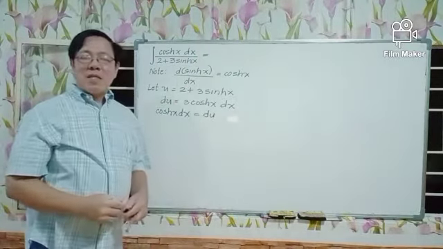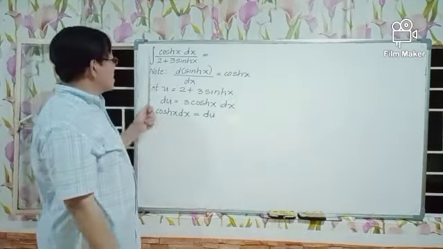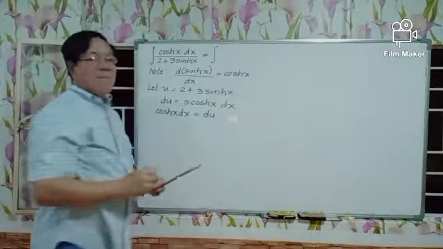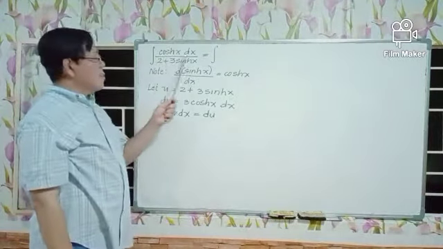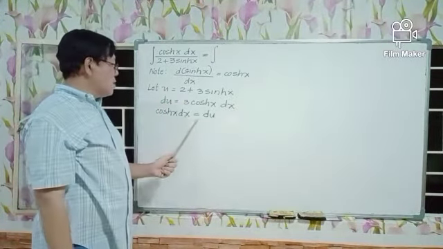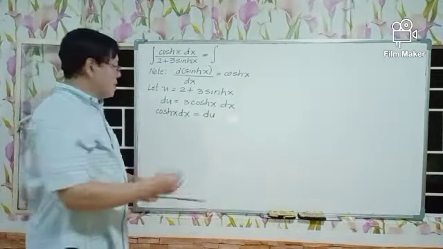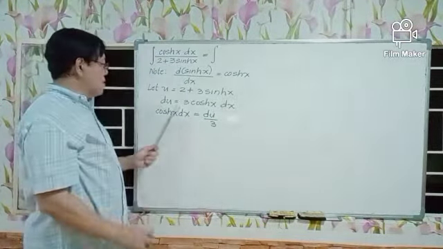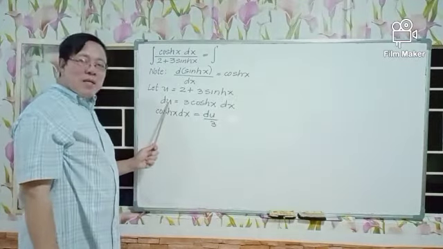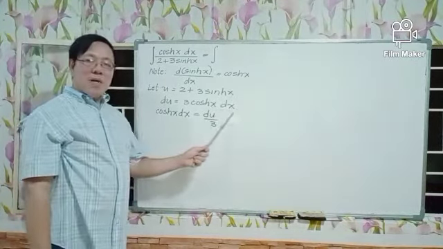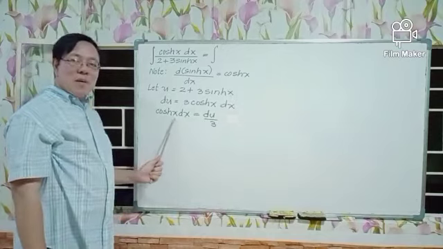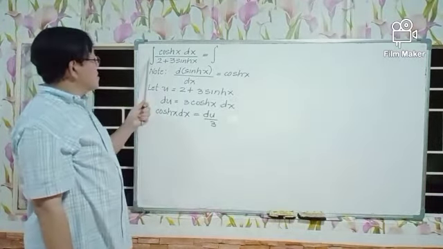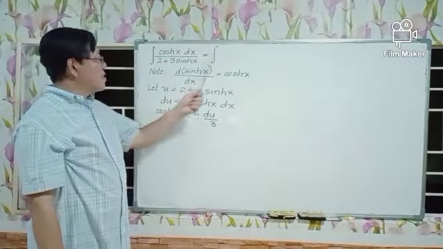Now, the given integral is now equal to the integral, hyperbolic cosine of x times dx is equal to du over 3, because we divide both sides of this equation by 3. So this is equal to the integral of du over 3